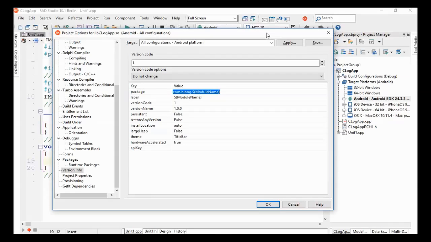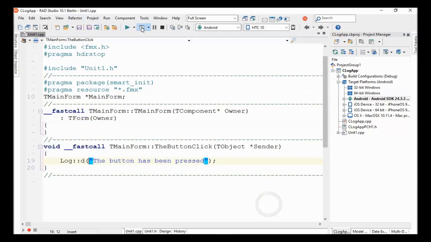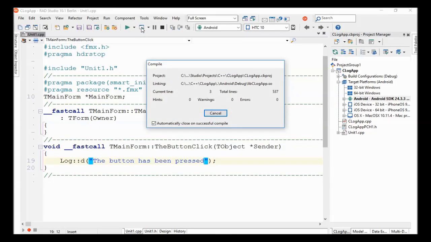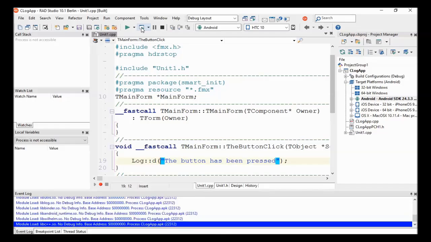Back in RAD Studio, you can see here that I've switched to an Android target, and I've also got the package prefix as specified before, com.belong. The default is com.embarcadero. So now we're ready to roll. Let's get this puppy up and running. With the magic of video editing, that's now up and running on the device, and if I press the button on the screen, the same application that we saw as a Windows target,